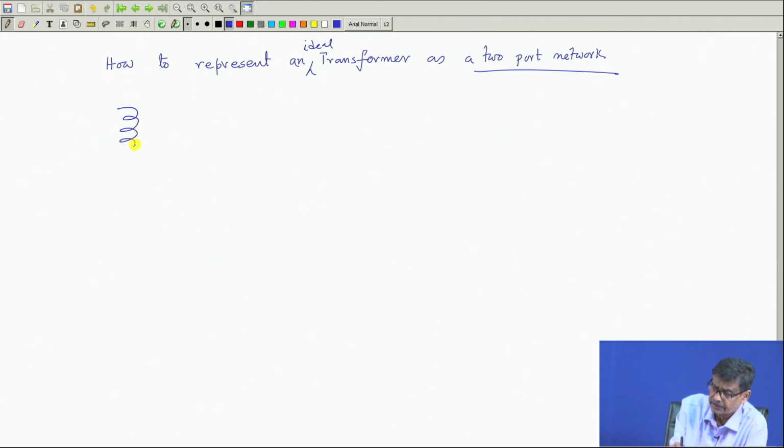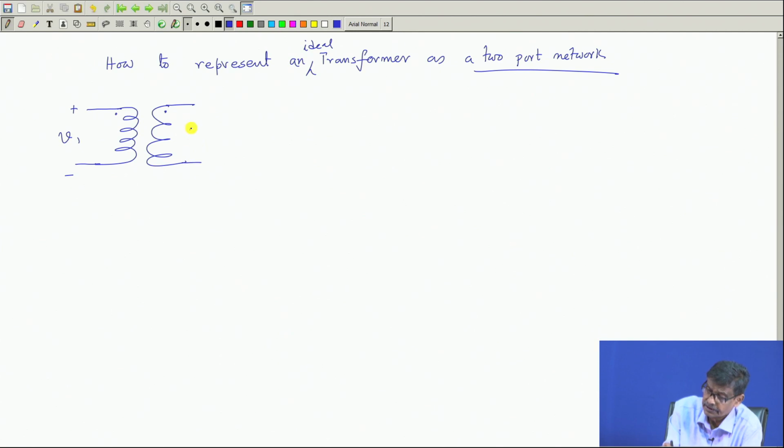Suppose you have an ideal transformer here, these are the dot terminals of the transformer. Ideal transformer means no resistance, no leakage flux, etcetera. And if you apply a voltage here, you will get some induced voltage there. This is number of turns N1, this is number of turns N2, and if it delivers a current I2 in this direction,